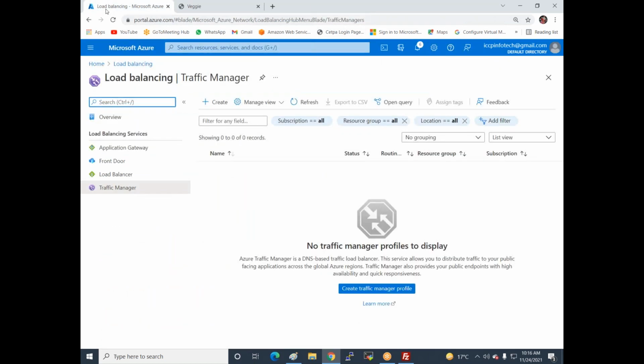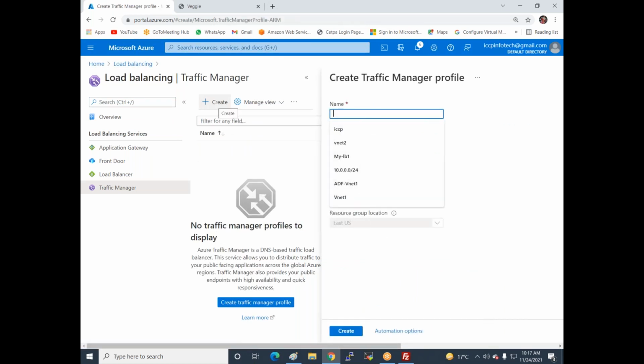I log in with our portal, and now I create a traffic manager. I click on create, and this is one kind of load balancer. I give the name iccp info tech, so the traffic manager name is iccpinfotech.trafficmanager.net.